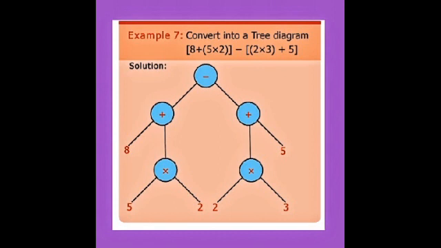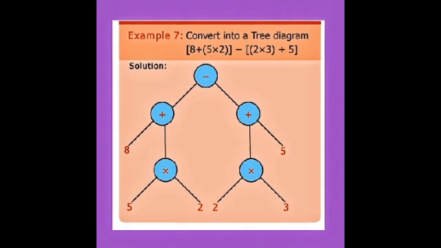The main operation is minus, that is the first node. In that we have 2 branches. In the 2 branches we have the operation plus. We should add plus with 8. Here we should add plus with 5. You have one more branch. In the 8 plus, you have a multiplication operation with the numbers 5 and 2. In the second operation also the same multiplication with the numbers 2 and 3. This is the way you have to draw the tree diagram, which is very useful.